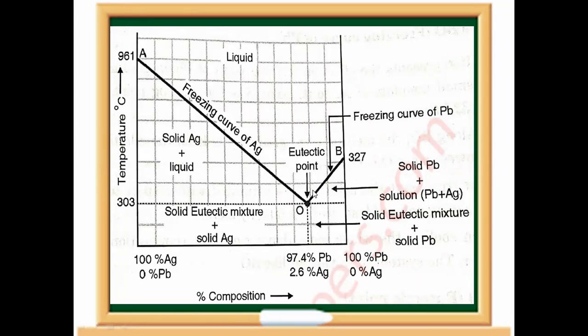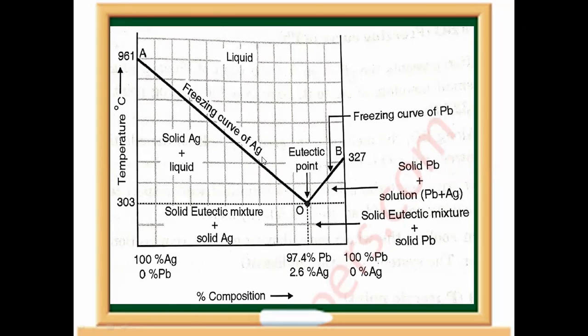So we still kept on adding the silver to this lead until a situation came where no more silver was going into the solution. This happened at point O at the temperature of 303 degrees Celsius. So curve BO and curve AO both came and met at point O. Curve BO was the freezing curve of lead. Curve AO was the